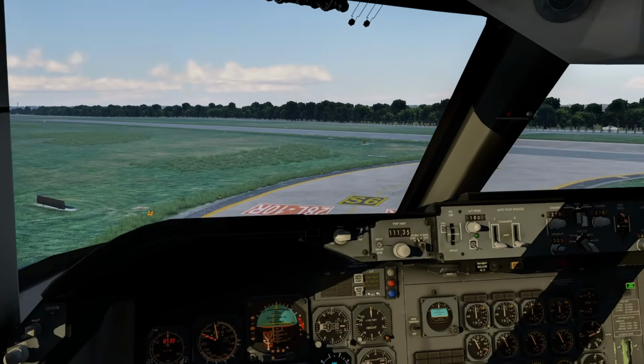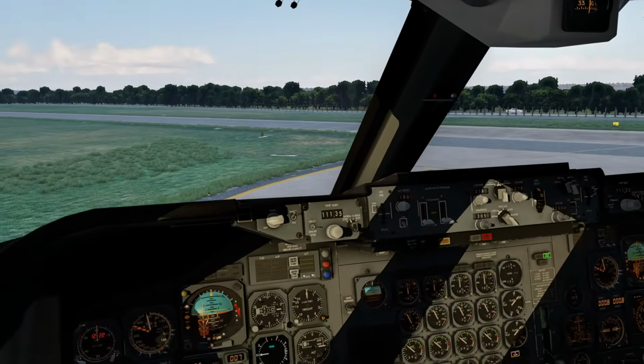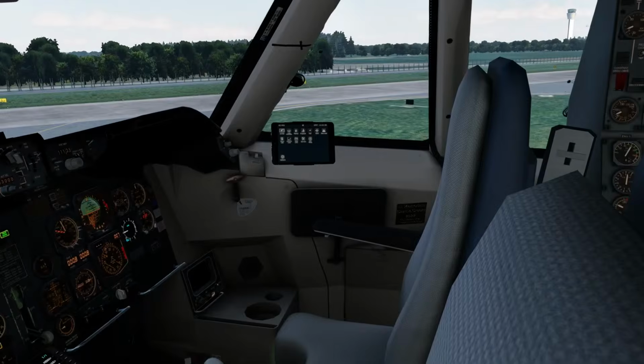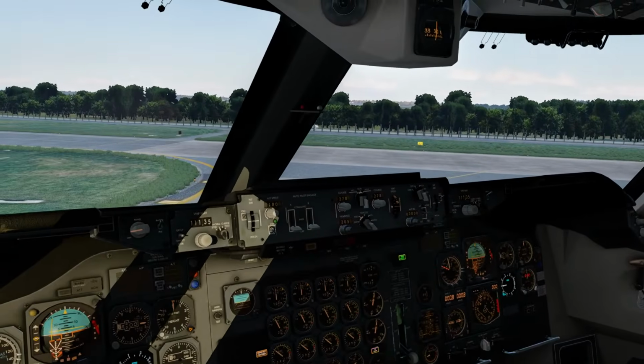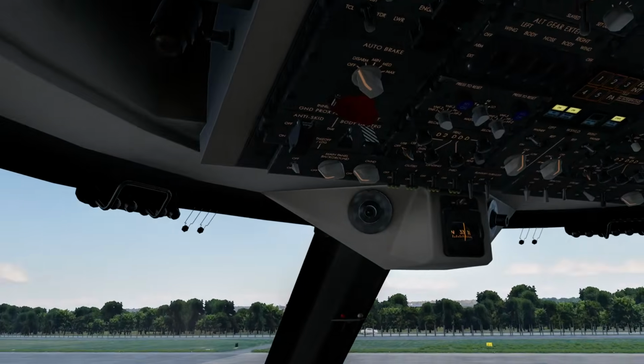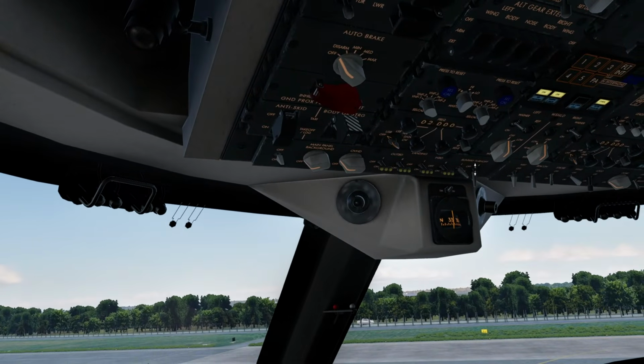Ladies and gentlemen, welcome to Dublin. Did you know that Dublin is home to the famous Guinness beer and has a rich literary history, being the birthplace of writers like James Joyce and Samuel Beckett? Thank you for flying with us today. Please remain seated until we reach our final parking position. On behalf of Captain Jonathan, First Officer Sandra, and the entire crew, we wish you a pleasant